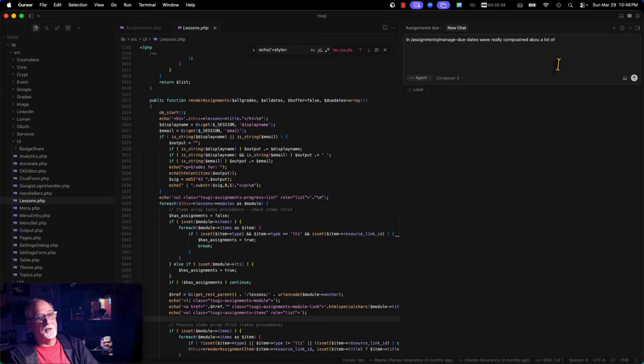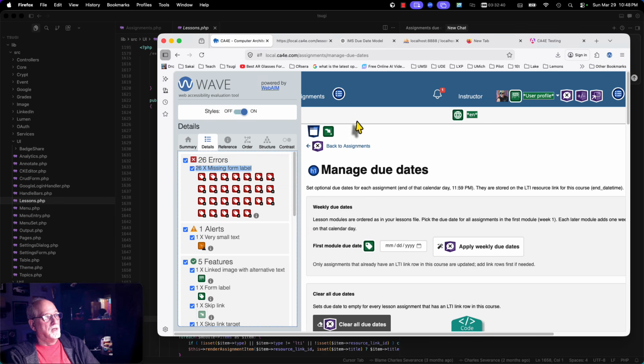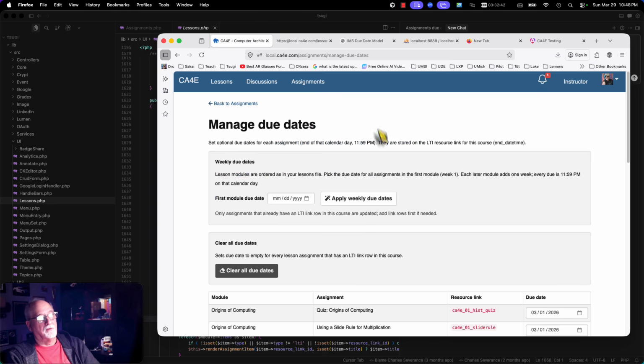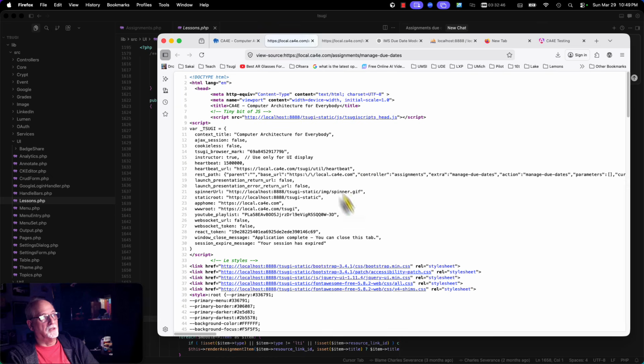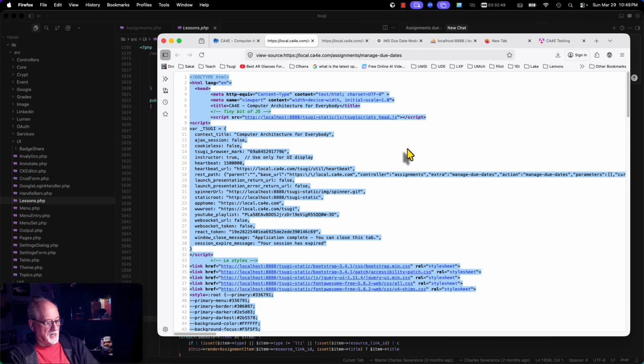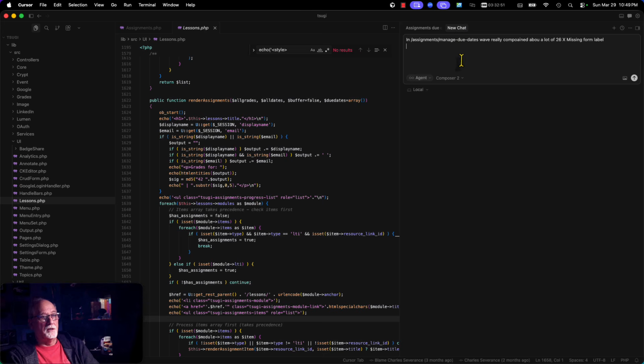So I'll show you something I do. I think it would have figured that out, but what I'm going to do is hit Shift Enter, and then I'm going to go over here and get rid of Wave. I'm going to view page source, and you might think, oh, this is really overwhelming, and I'm literally going to copy all this stuff over and go in and say, now you're going to see the exact HTML,